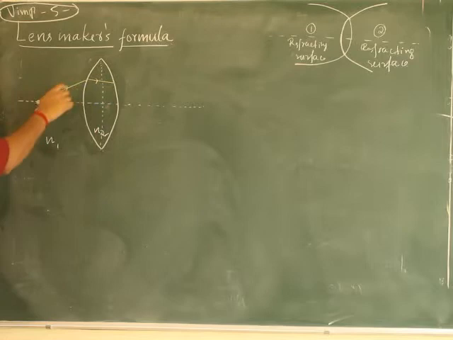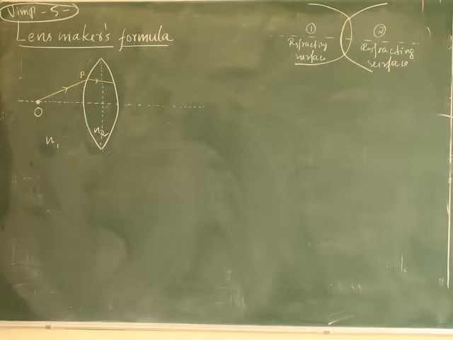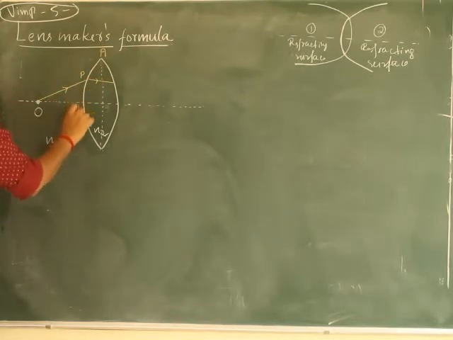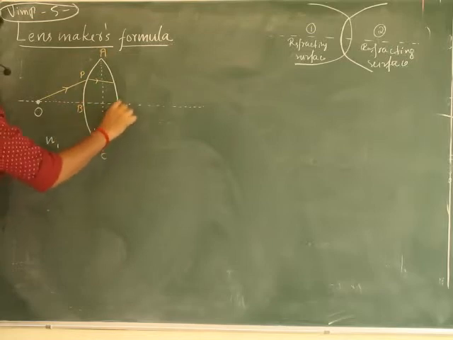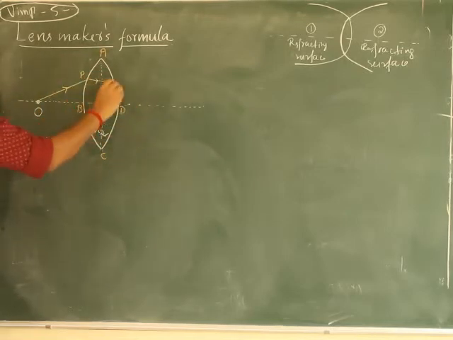O incident. Okay, I will take this one as P. Ray of light OP incident on which one? The first face of the lens, the biconvex lens. I will take this one as A, B, C, D. So right now a ray of light OP incident on face A, B, C, the first face, undergoes refraction like this and emerges out as,